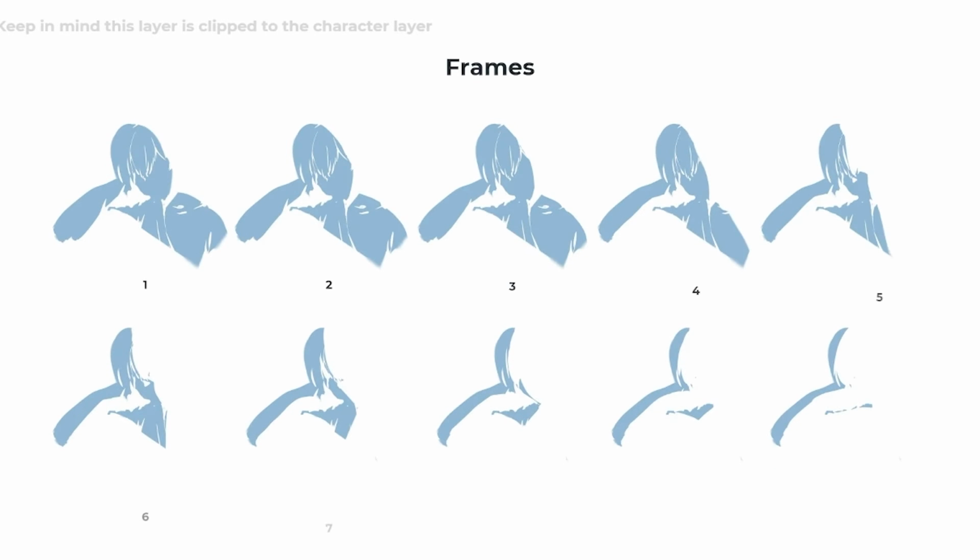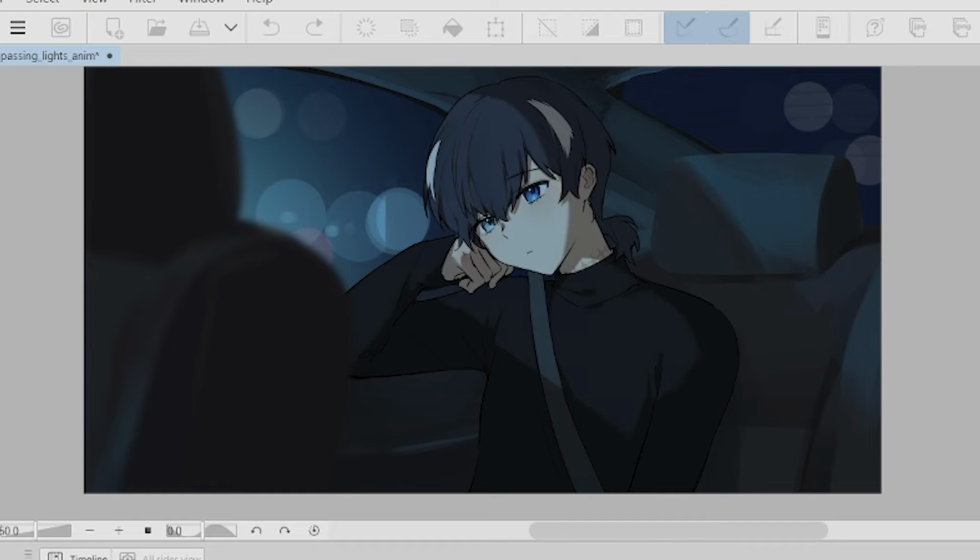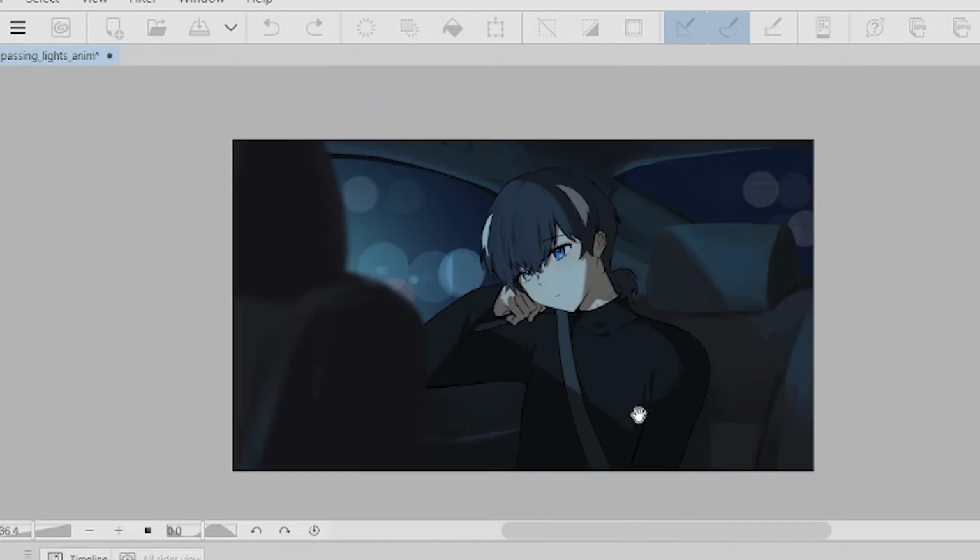Since both the speed paint and animation itself move pretty quickly, here's a breakdown of all the frames for the lighting layer. Feel free to pause or screenshot if you need to use this as reference. Keep in mind that since this layer is being clipped to the character layer, some of the stuff that you see on the edges may not actually be visible in the final. Now let's check what it looks like when I hit play, and after I adjust a few things,